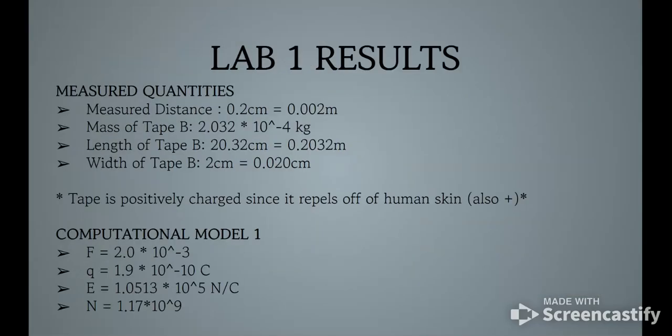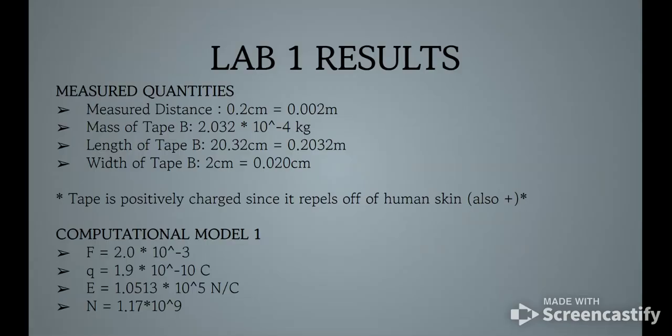Now to get started, back to our Lab 1 results that we will be using: the measured distance between the tapes was 0.002 meters. The mass of tape B was 2.03 times 10 to the negative 4th kilograms. The length was 0.2 meters and the width was also around 0.02 meters. The tape is also noted to be positively charged since it repels off human skin, which is also positive,